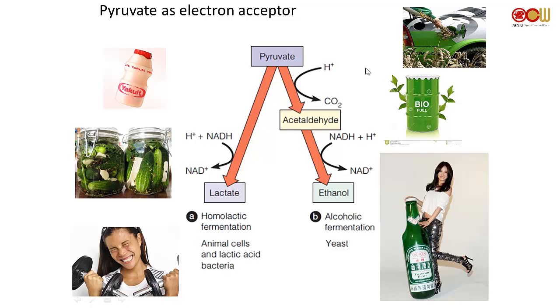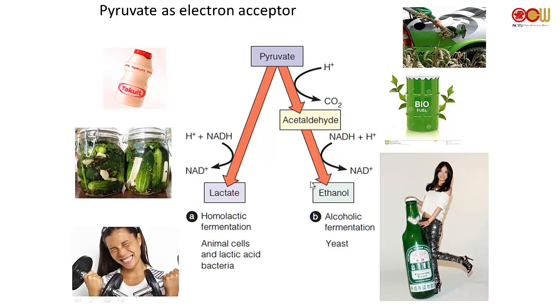Or yeast or bacteria are able to use pyruvate. You do a decarboxylation to form acetaldehyde. And so here there's no oxidation or reduction, but then what you can do is take acetaldehyde and reduce it to ethanol. So in the process, regardless of if you make lactate or ethanol, you're consuming NADH, so that your cell can grow.